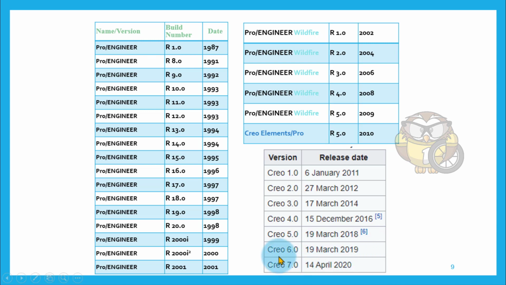Now the latest version of PTC Creo is 7.0. This version was released on April 14th, 2020. In the upcoming videos we are going to discuss Creo 7.0. It's the very latest version, and I think it's very useful for everyone.